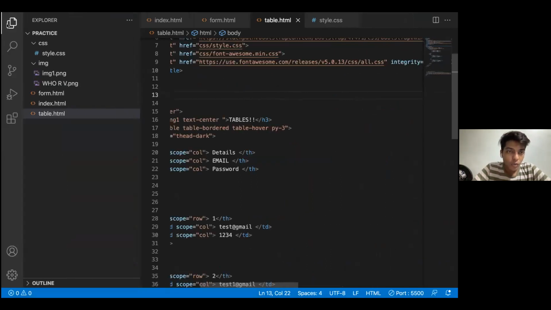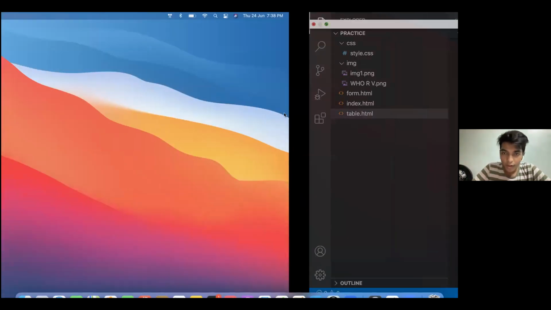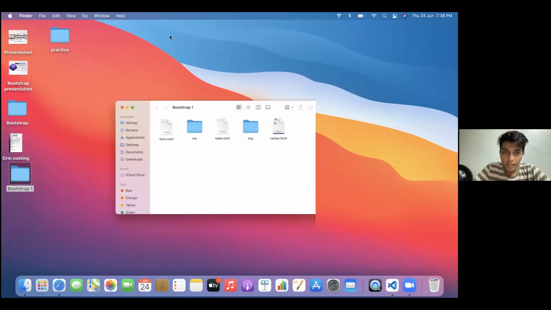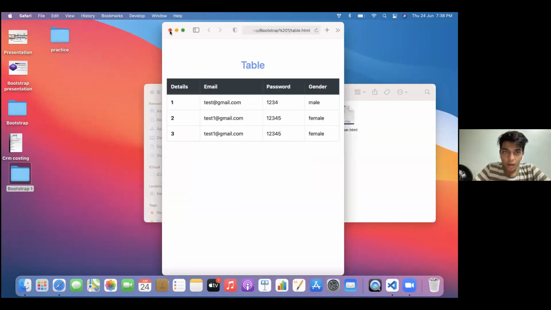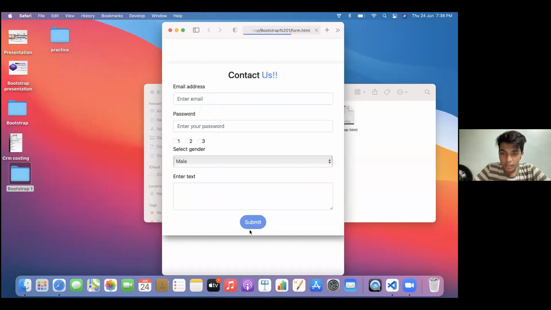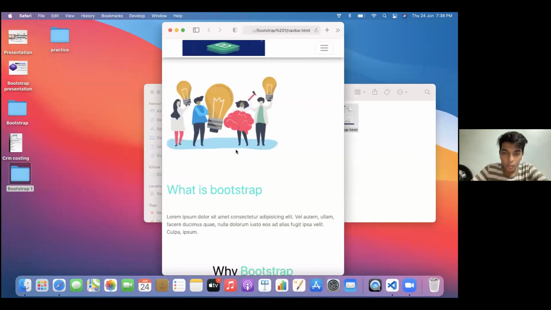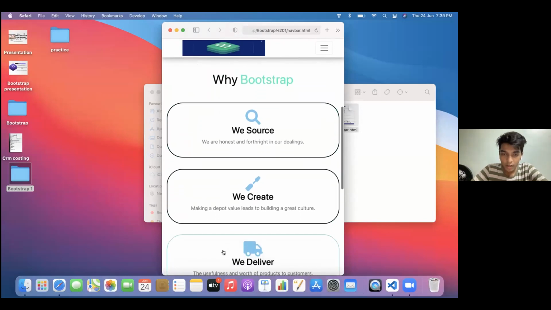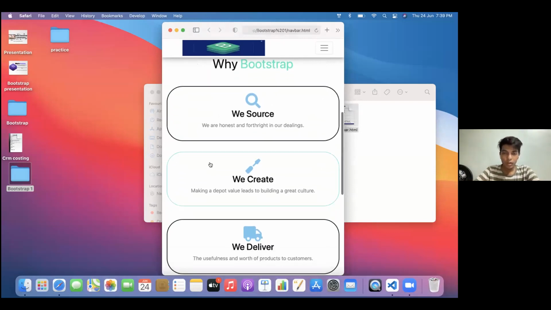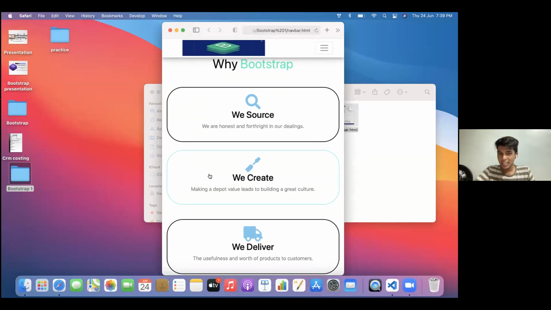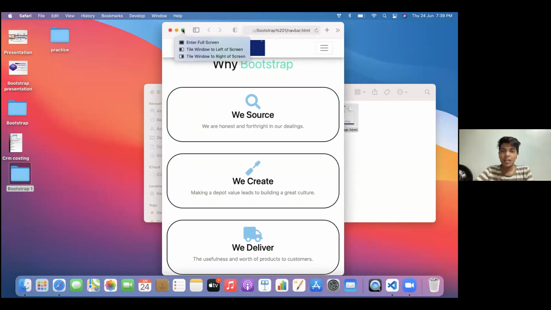I'll be sharing the Bootstrap file with you. I have made this form out with you guys. This is something that I didn't style, but I'm pretty much sure that I have written it very nicely, so that you will understand what the certain things are that I've used. I had also made this card out, but because of the time crunch we are not able to use it. But I'm pretty much sure that I've also written it very nicely in CSS. So you'll understand what classes I've used.